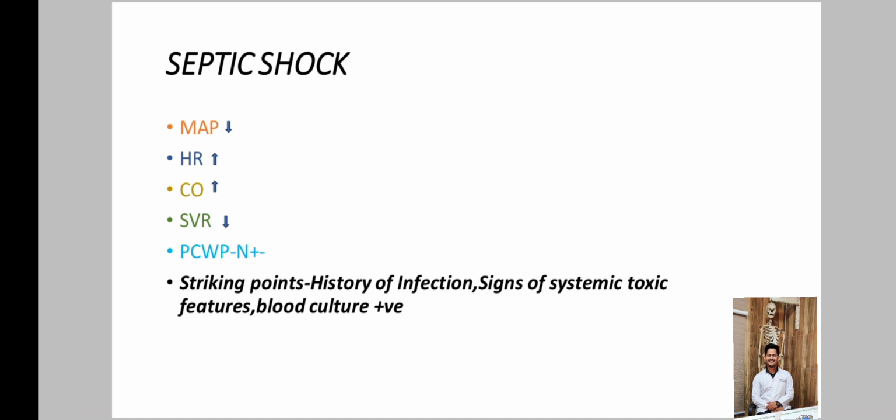How can we increase the stroke volume? By increasing the circulatory blood volume. How can we do that? We can do that by giving some IV fluids or blood. How can we increase the heart rate? To increase the heart rate, we can give some inotropic agent. How can we increase the systemic vascular resistance? By giving some vasopressors. And as I have asked, please let me know in the comment section what's the treatment